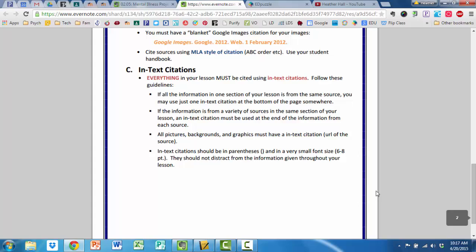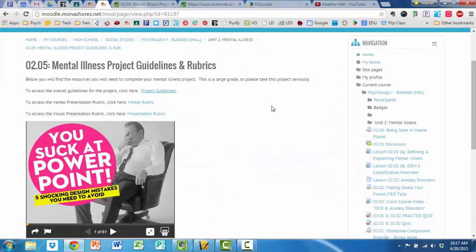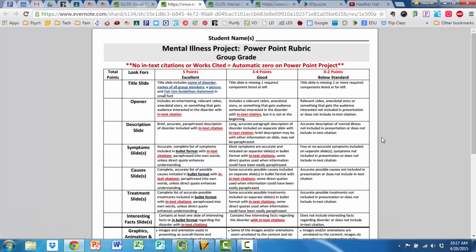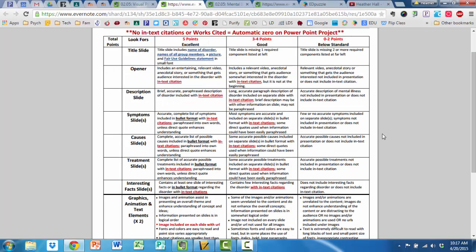Like I said, I'm going to talk about those at a later time. Next, I'm going to go to the presentation rubric with the requirements that you need to have for your presentation. This is what your presentation is going to actually look like, and I'm going to be sitting in the back of the room with one of these rubrics as you're giving your presentation and giving you a grade on these